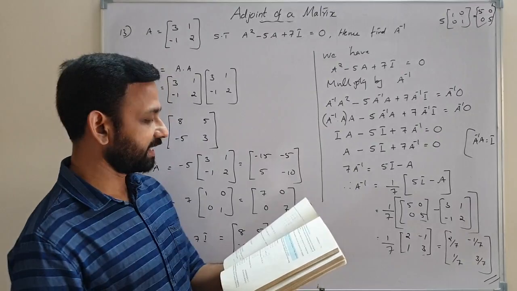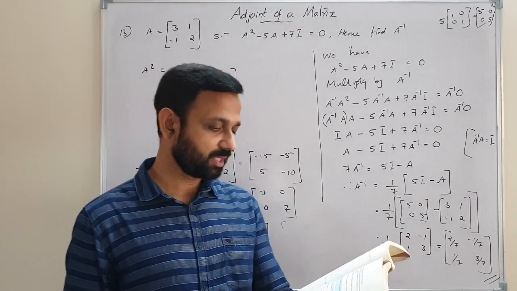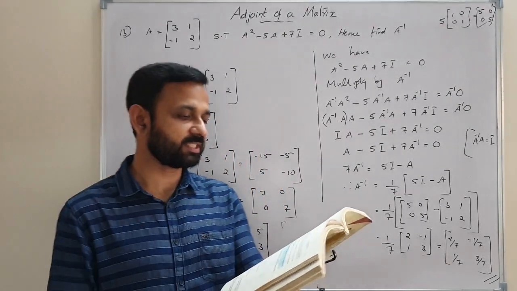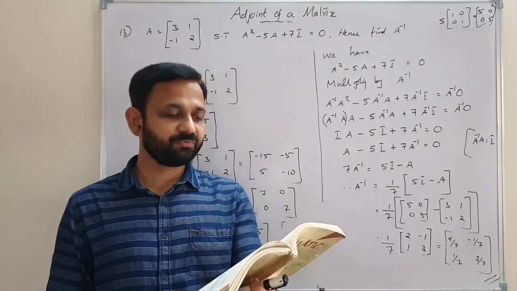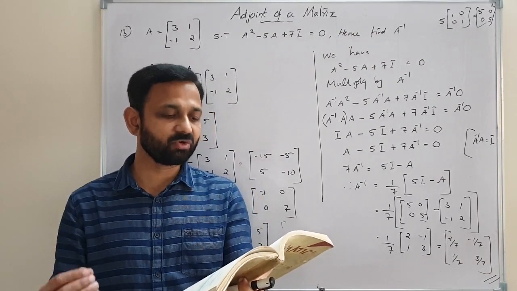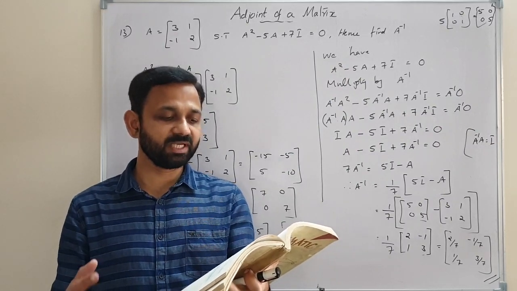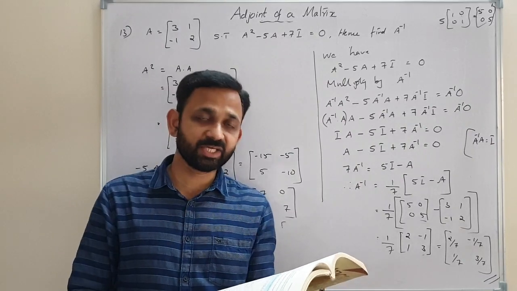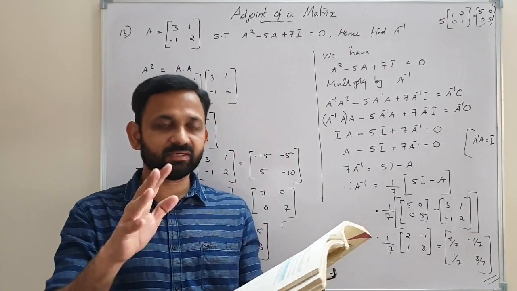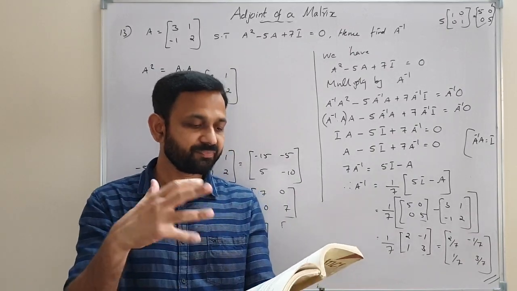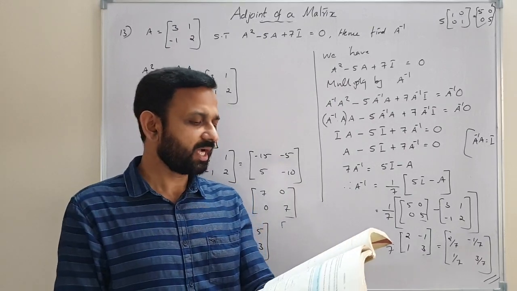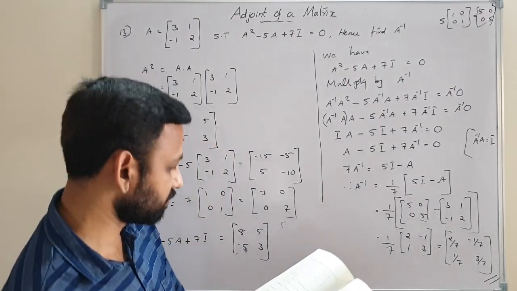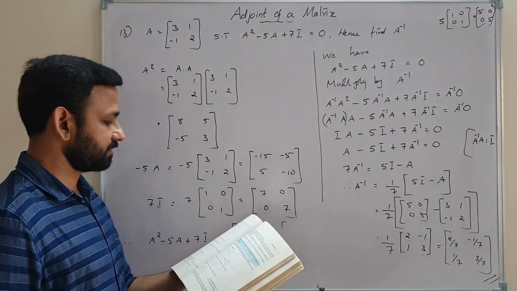That is question number 13. Now we have to do question number 15. 14th question I will explain. Question number 15. For the matrix A, show that A cube minus 6A square plus 5A plus 11I equal to 0. Hence find A inverse. Same method. Here we have to find A cube. A cube is equal to A square into A. And this is a 3 by 3 matrix, so it is lengthy, that question. And question number 16 also same method, exactly same way we will do. Now I will explain question number 14.